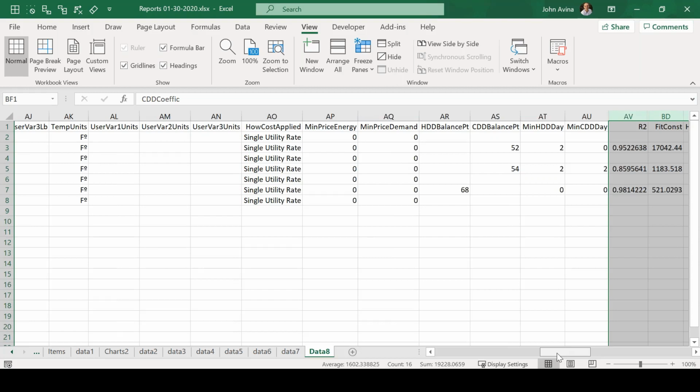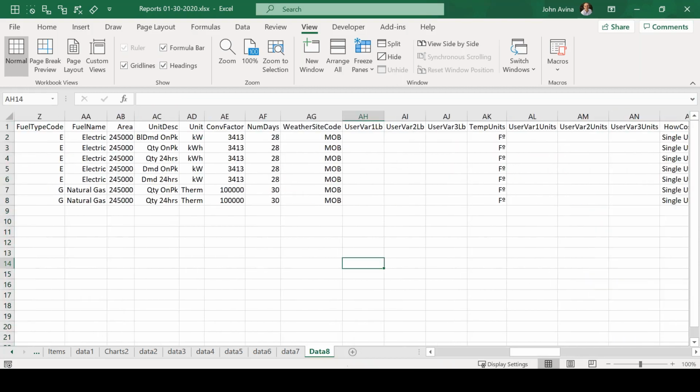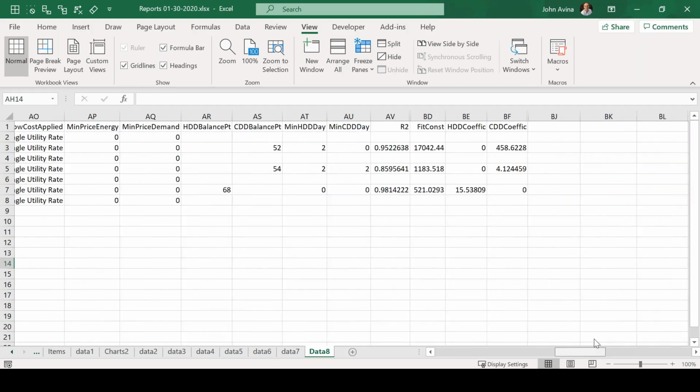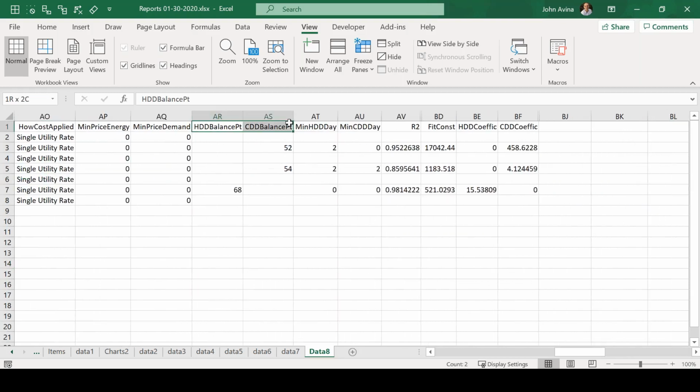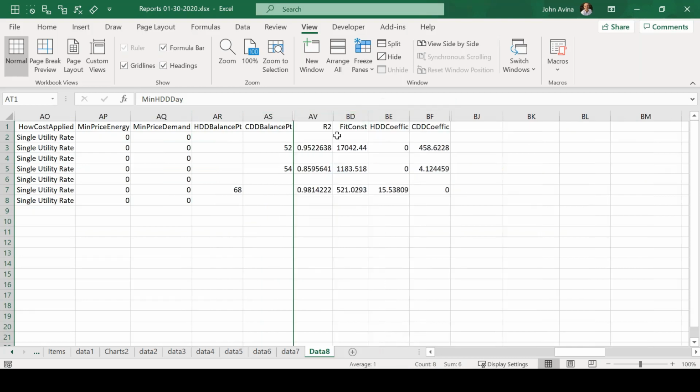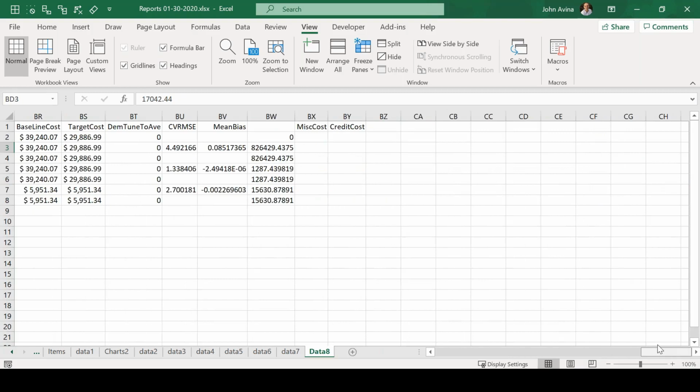Okay. All right. So the time I run this report, sometimes every once in a while, an ESCO will hire us to do a lot of tunings for them. And then I'll run this report, and then I'll get rid of the columns I don't need, and then I make a report just showing here's all the tunings. So here's all my balance points. I keep these two columns. I don't need these two either. This is my R squared value, constant coefficients, and then at the very end I have the CVRMSE, the mean